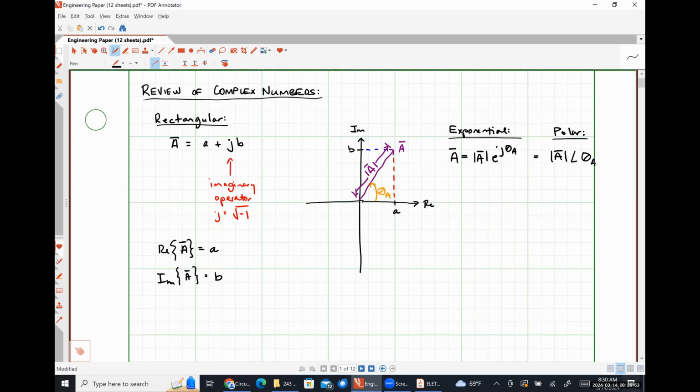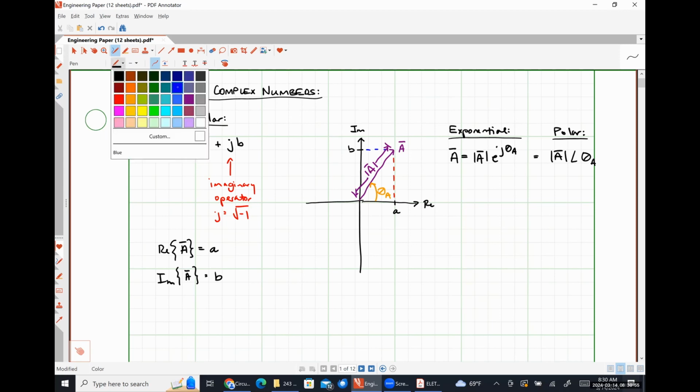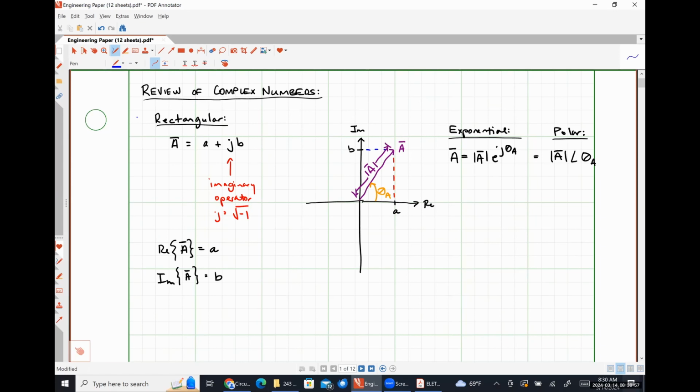Now, just as a side note here, the calculators that I have suggested, the TI-36X, the Casio 115, and the Casio 991, can interpret rectangular form complex numbers and polar form complex numbers only. If you try to put an exponential form complex number into one of these calculators, it will freak out and give you an error. There is literally no reason you would ever need to input an exponential form complex number